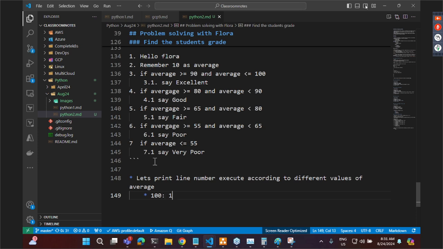First it will execute 1, and after 1 it will go to 2 obviously, and after 2 it goes to 3, and after 3 it goes to 3.1, and after 3.1 it goes to 4, then 5, then 6, and then it goes to 7, and then the final output will be